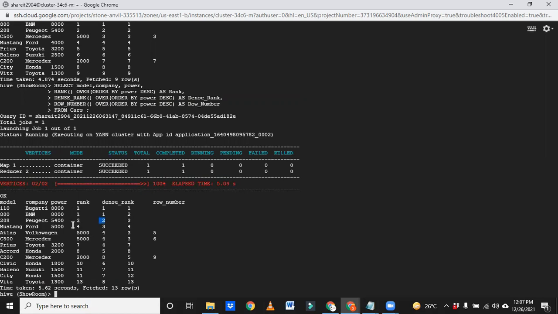Now you are seeing the difference, right? Because we did order by power, so we are seeing different values for these three functions. This is the major difference. You will see a difference only when we have some duplicate values with respect to the column.